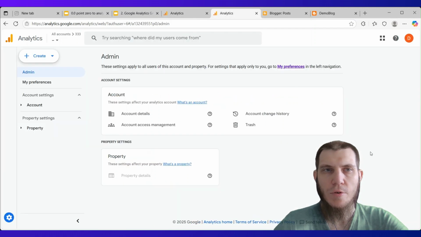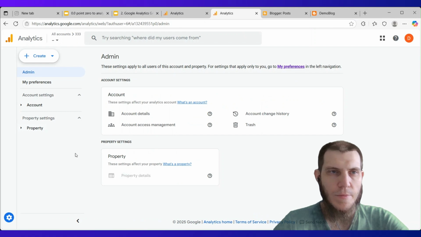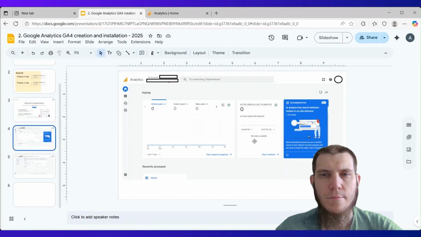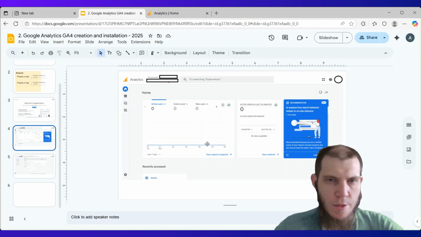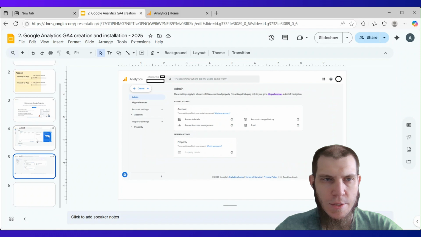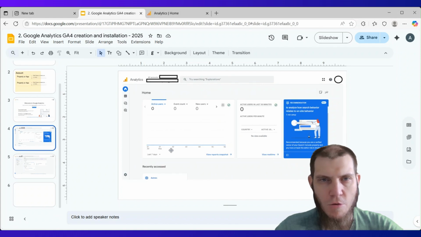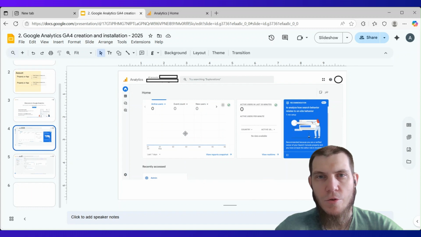When we already have a Google Analytics account and want to create a new account, most times you will be redirected to this page. It's a home page with some last time data, real-time data, and some tabs with reports. And to go to the steps that I'm going to show further, from the home page,